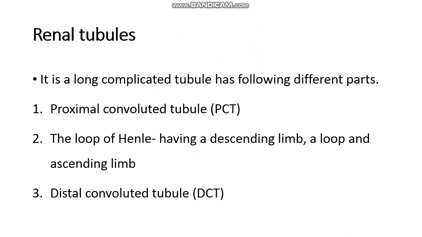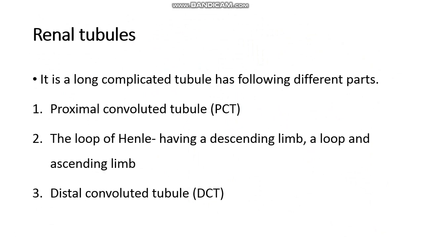Then next we can see the renal tubules. Renal tubules are long, complicated tubules, and they also have different parts. It is the continuation of the renal corpuscle. As a continuation of the renal corpuscle, there is a long elongated tubule, and that tubule is divided into several